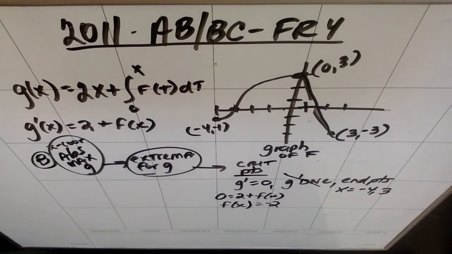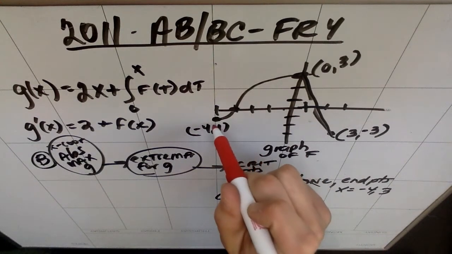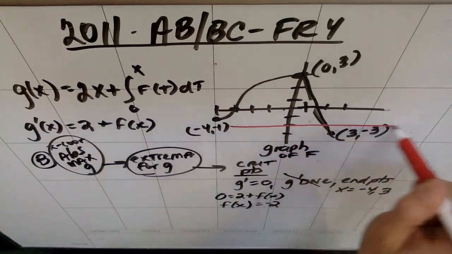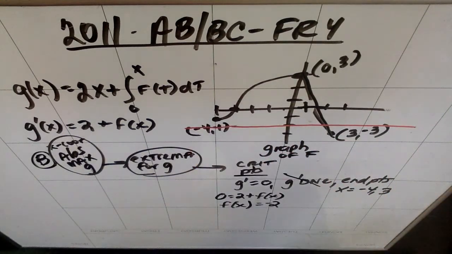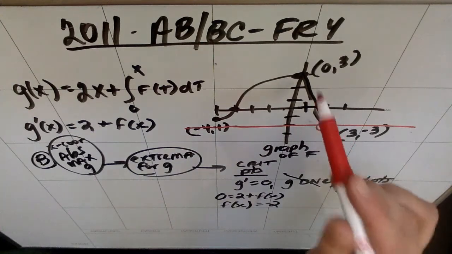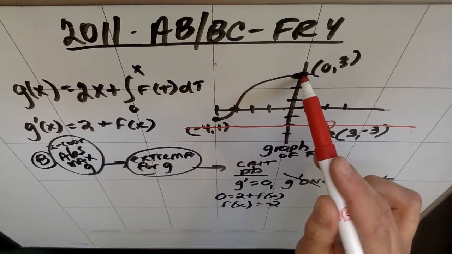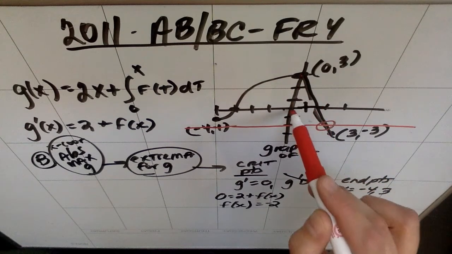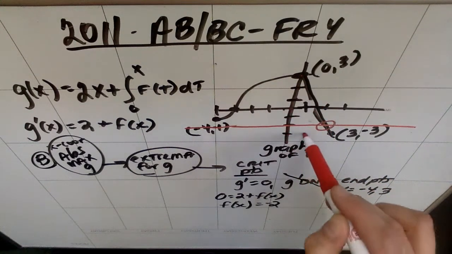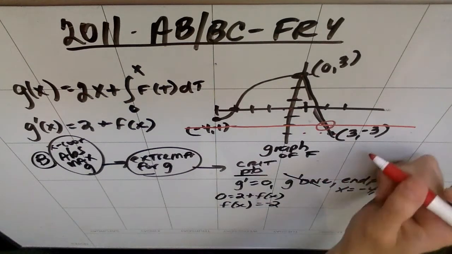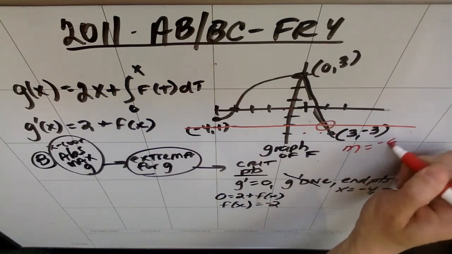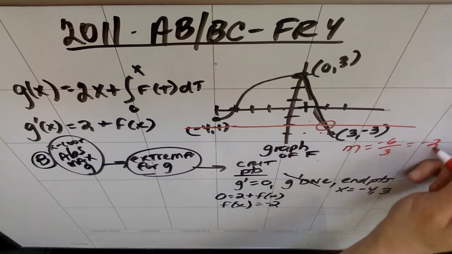So if we look, the y value on the given graph would be -2 anywhere along this red line. So it seems to only be happening here. Now I'm going to have to figure out exactly where that value is that I get a -2, right? Using the slope of this line, it goes down 1, 2, 3, 4, 5, 6, and right 3, right? So this line has a slope of down 6, right 3, which means it has a slope of negative 2,